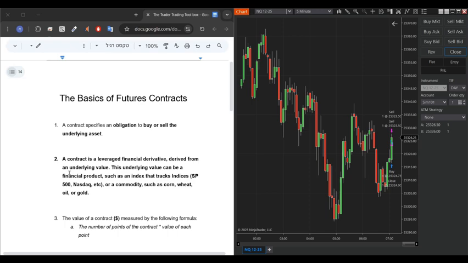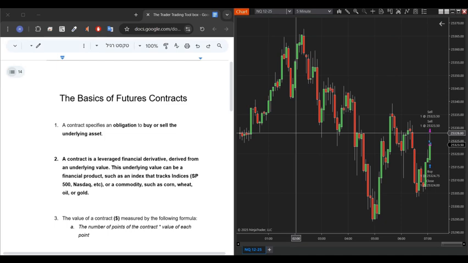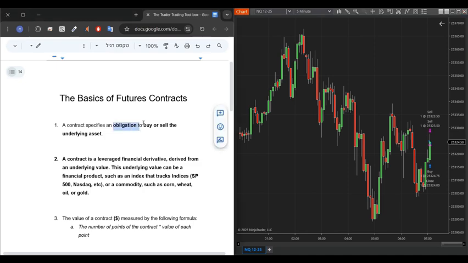Now, because a futures contract is the financial product derived from a specific underlying asset, like for example gold, oil, and so on, this product is leveraged. Later on, we'll also understand what leverage is. And of course, we'll also learn how to assess the value of the contract and how to interpret the numbers. So as we clearly know up to this point, a futures contract is essentially a binding commitment to either buy or sell the underlying asset. What does that mean? In practice, it looks exactly like this.